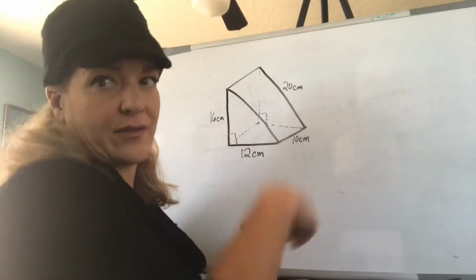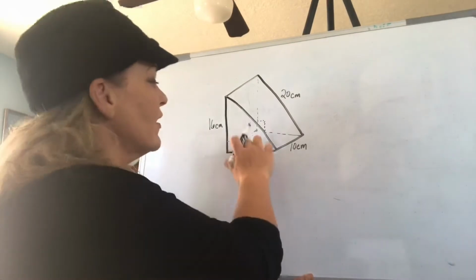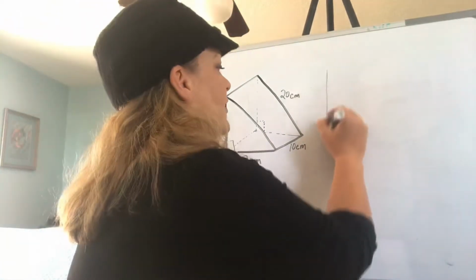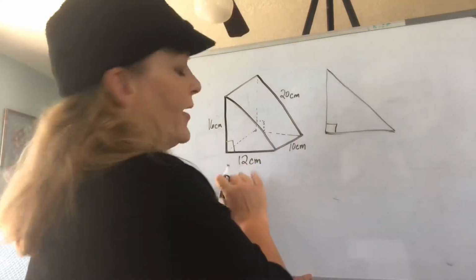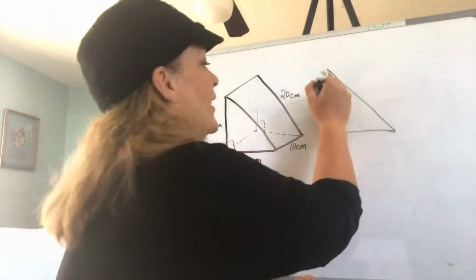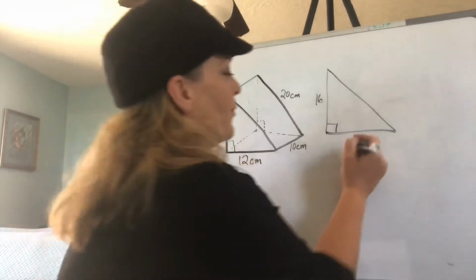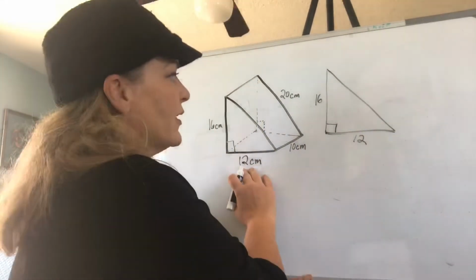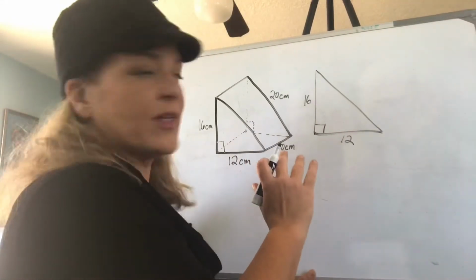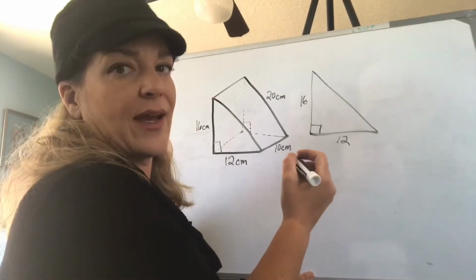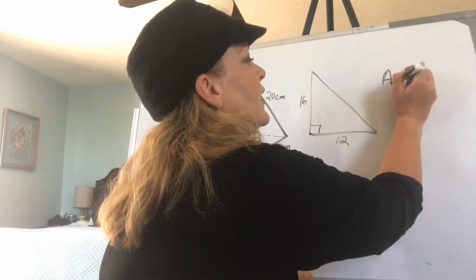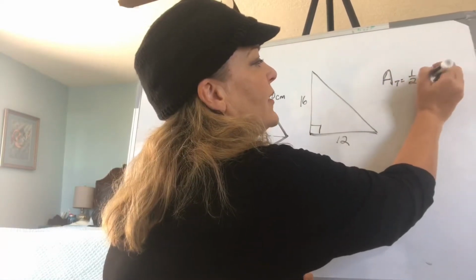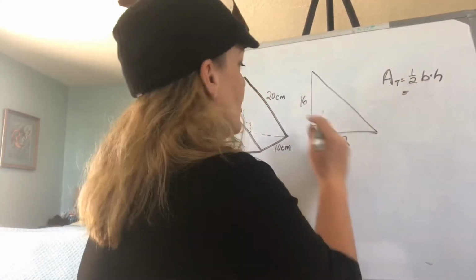Those are identical. So let's start by calculating the two right triangles, or calculate one of the right triangles, I should say, and doubling it. So we know that the height is 16 and the base is 12. We do have our units here, but I'm going to forego using units at the minute because it can make it kind of confusing. So the area of the triangle equals 1/2 base times height. So I have 1/2